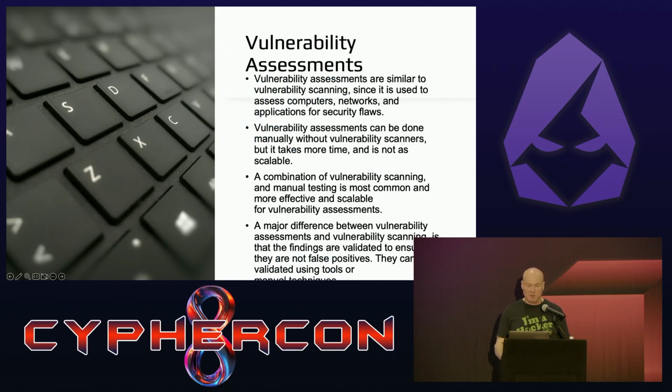So vulnerability assessments are kind of similar to vulnerability management, but you're also using other scanning tools. You may use a secondary vulnerability scanner, because sometimes Nessus may find something that Nexpose or Qualys doesn't find, and vice versa. So you see organizations sometimes use multiple scanners to see if they can pick up something the other one didn't. You also use a lot of the manual testing techniques you'd use in pen testing, besides trying to exploit those.